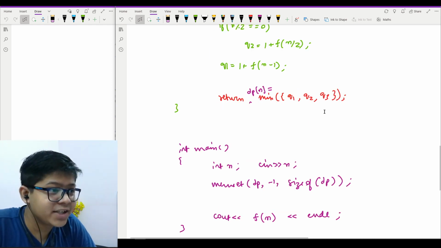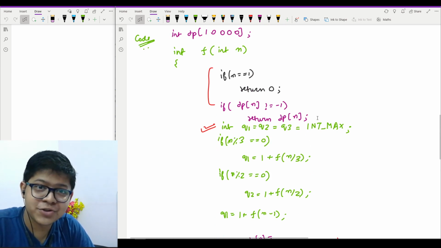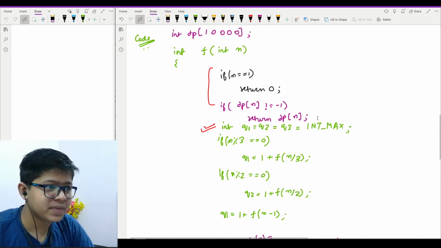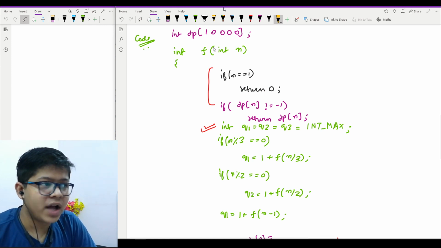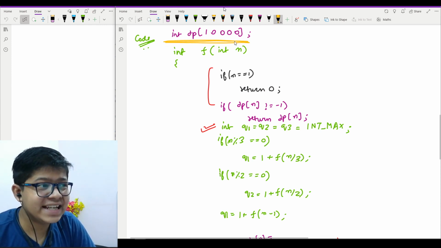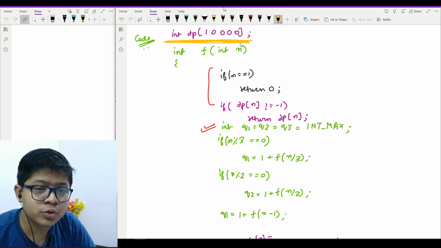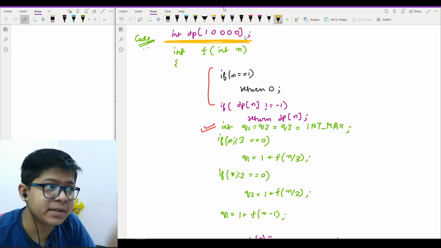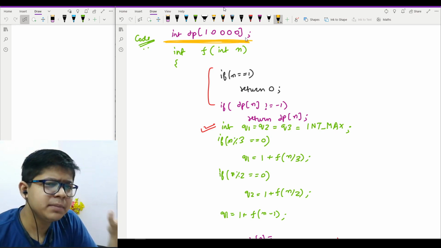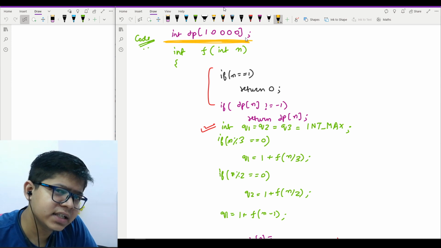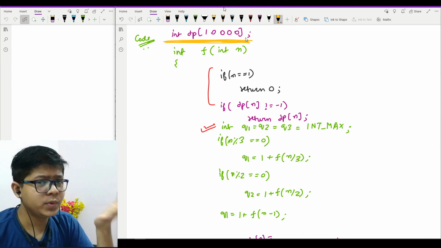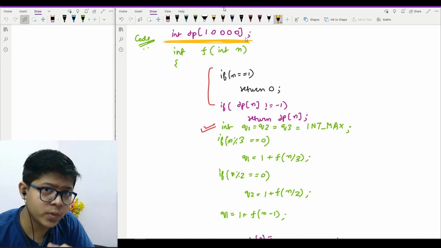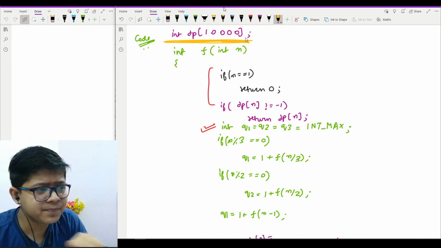So I hope that you guys have memoized your recursive solution, but for those who have not, let's see it quickly. As I said, first of all, I need a memory to store my memoization. It should be bigger than n. You can take anything, although I hard coded a fixed value of 1e4, but you can do it for other values as well, it's your wish, but it should be more than n.